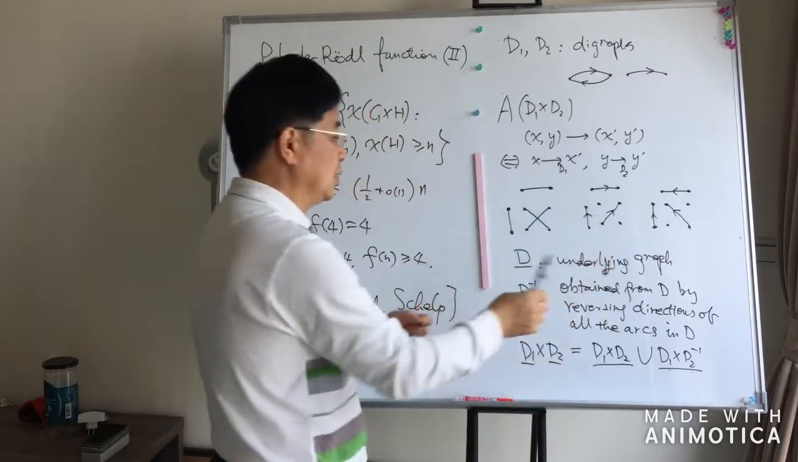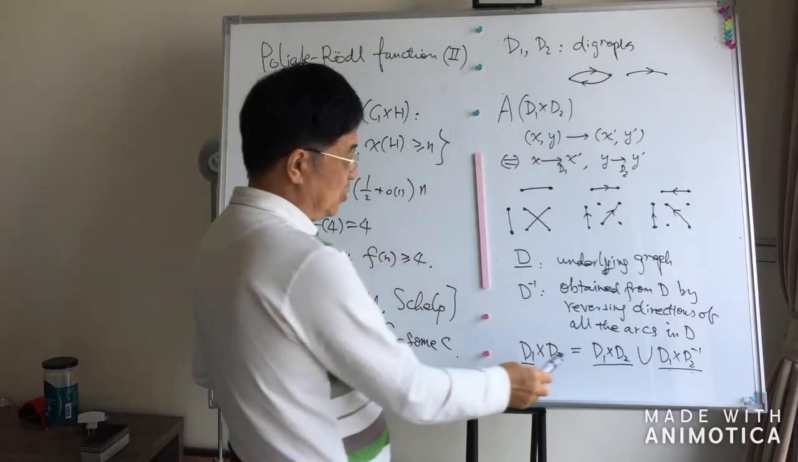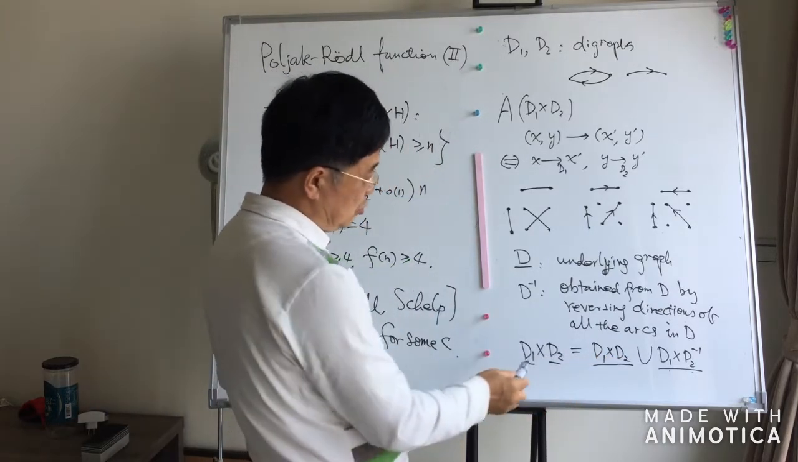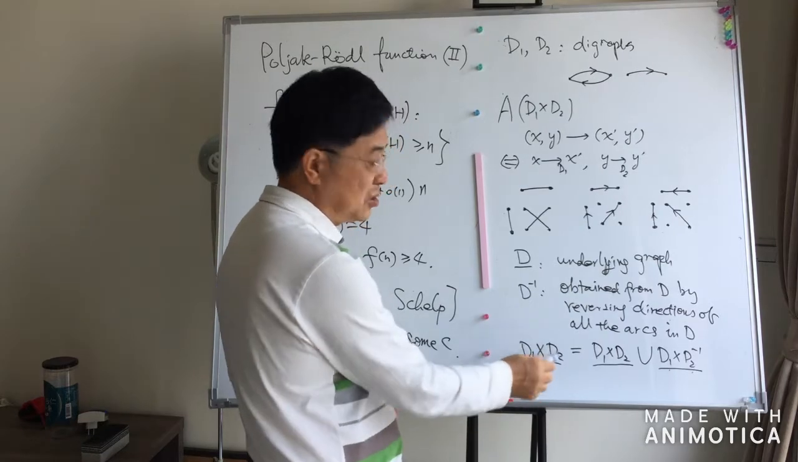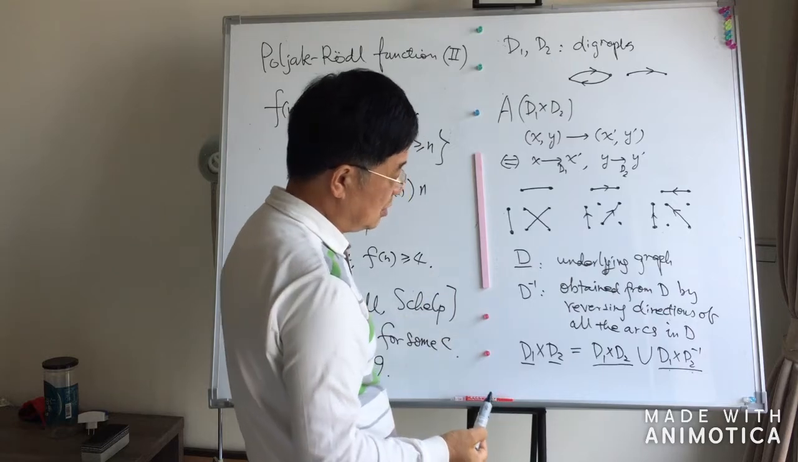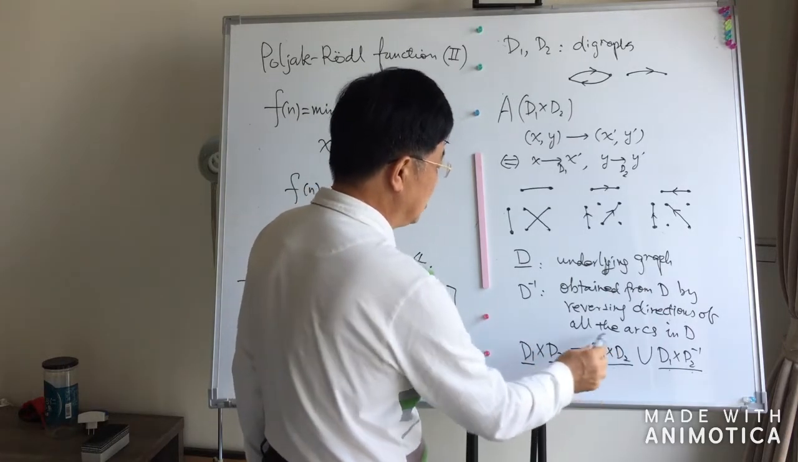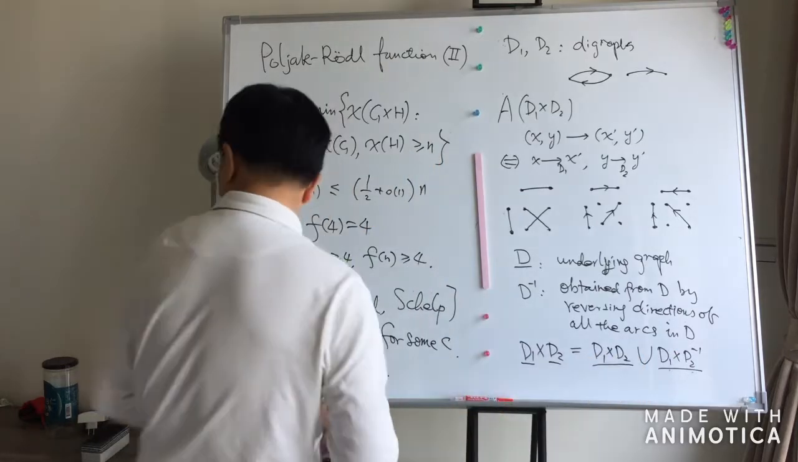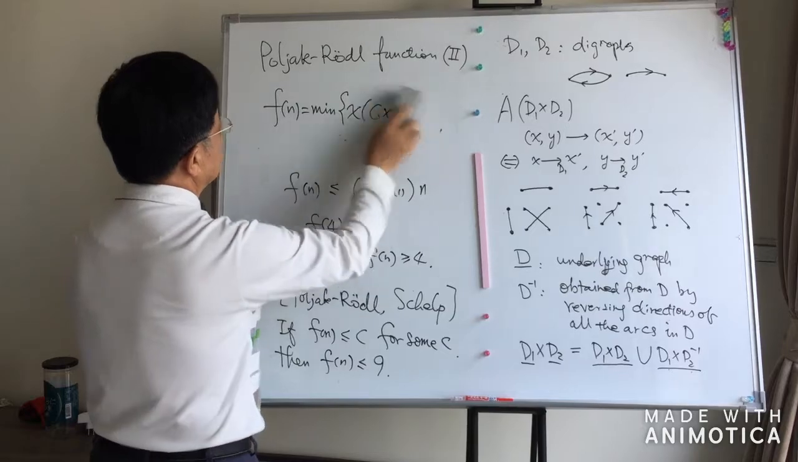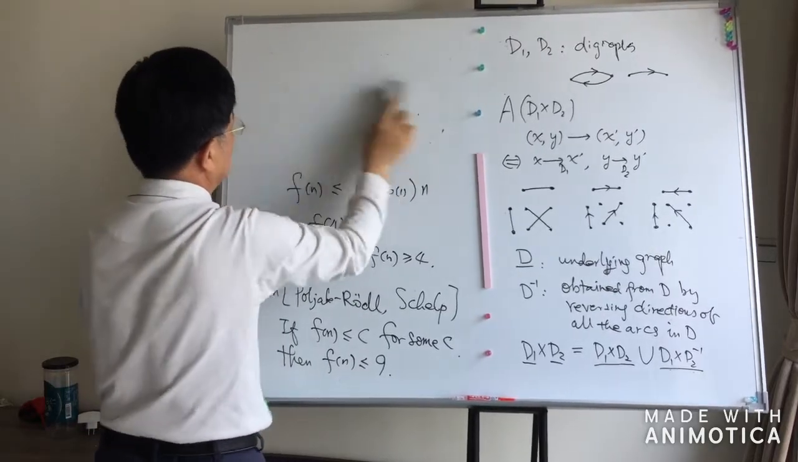Then you get all the edges back to the undirected graph. So I'm writing this equality here. I treat this as a set of edges. This is an edges set. It's a graph, and it's also treated as an edges set. So this set of edges is the union of this edges set and this edges set. Okay. So now from this we have this